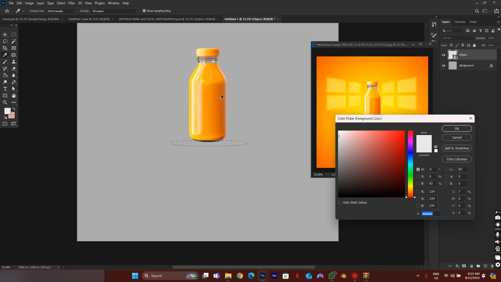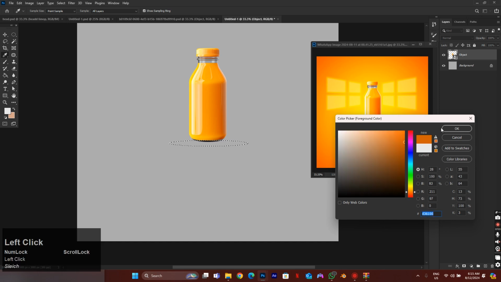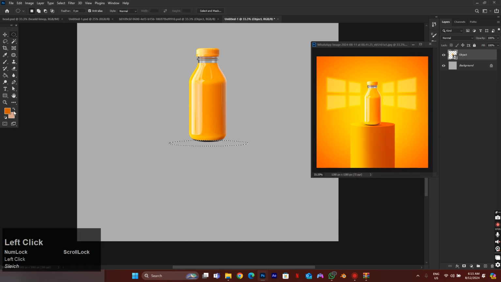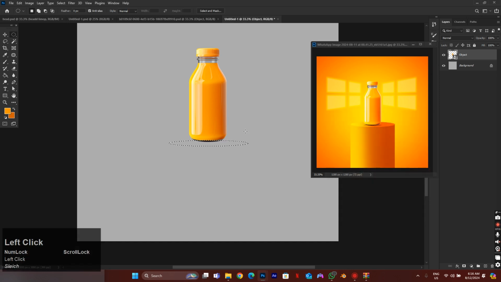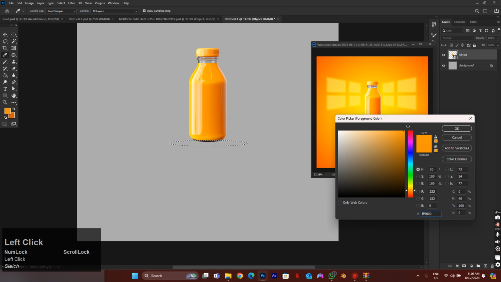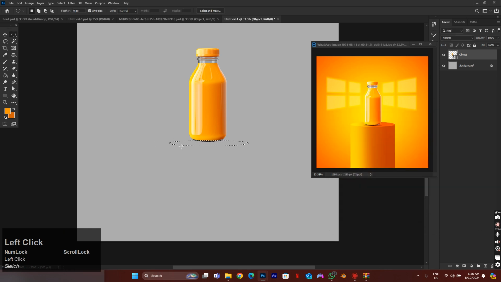So first things first, I click this part, then I go to my other foreground. I use this part. Yes, so now I'll go to my